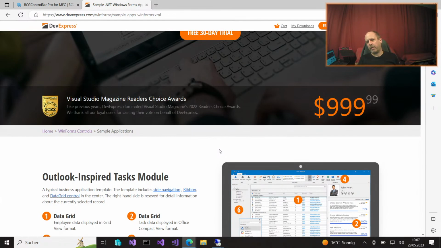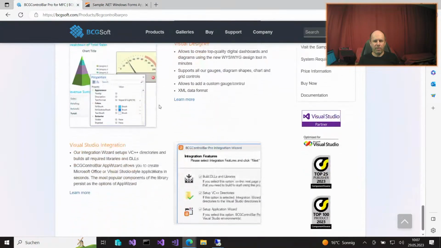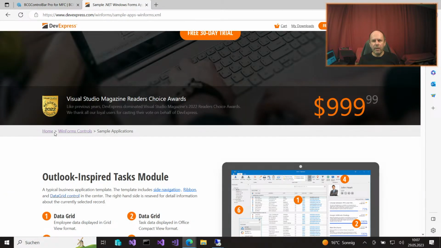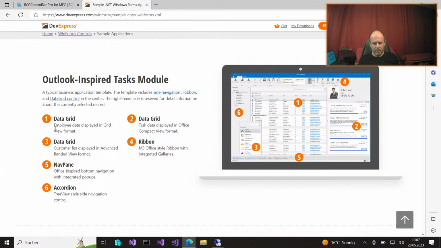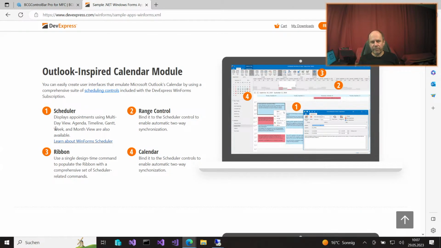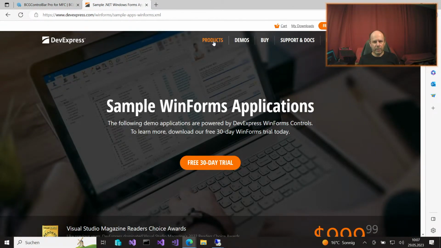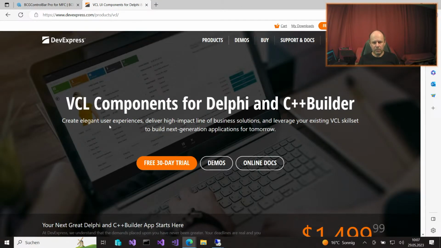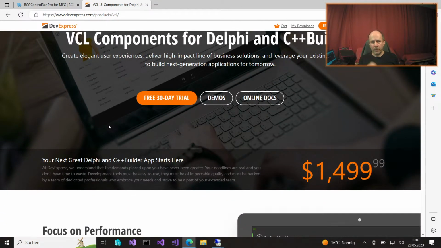it costs about 999, and the MFC framework costs about 815 and 50. It's similar in the look and feel, but it is native and it didn't cost as much as the VCL library.